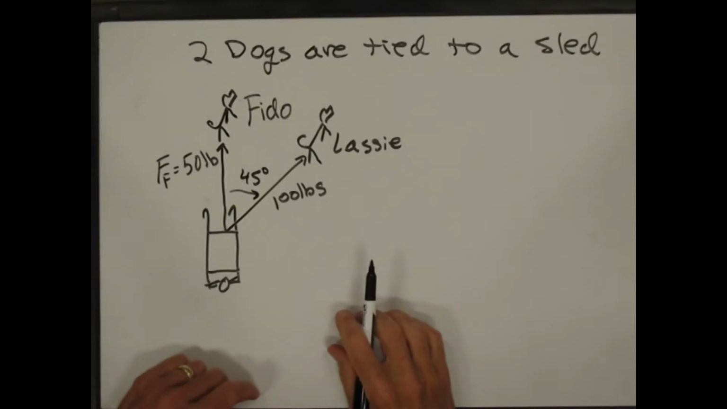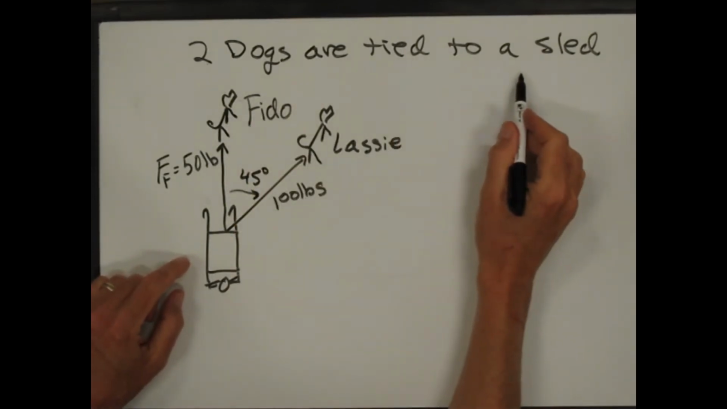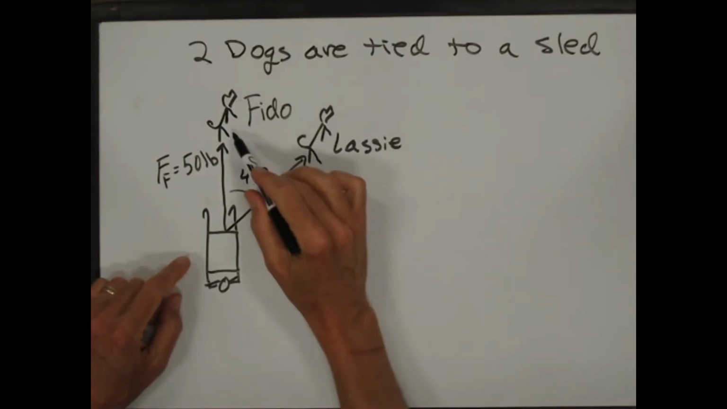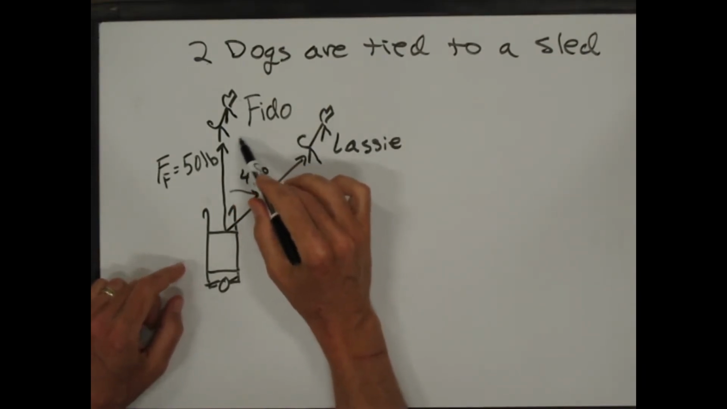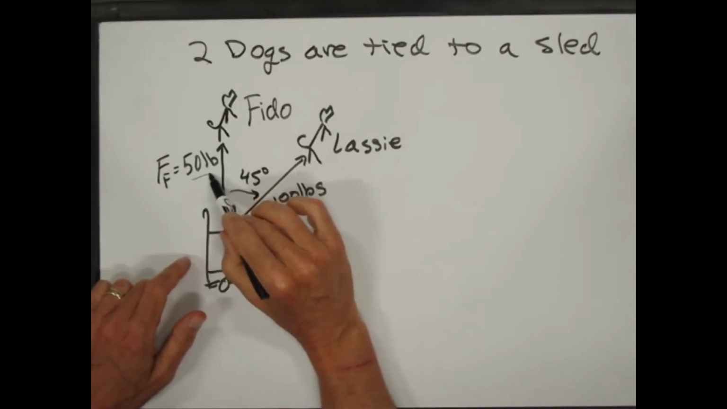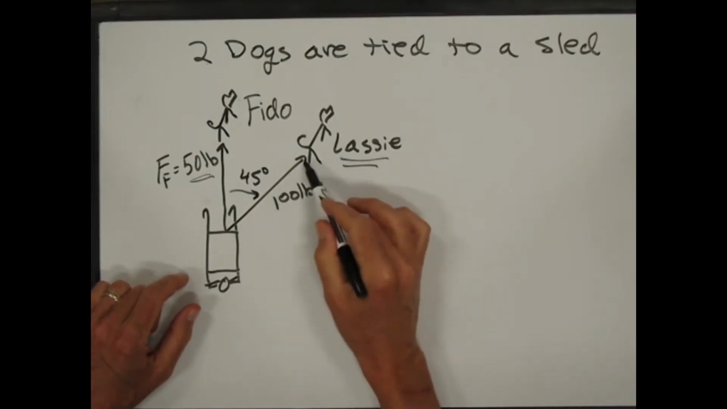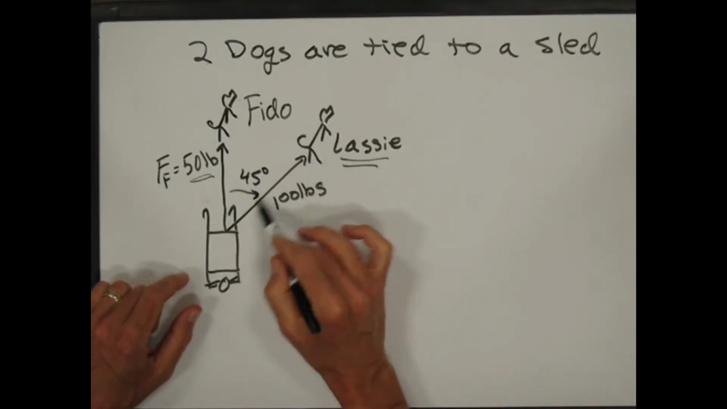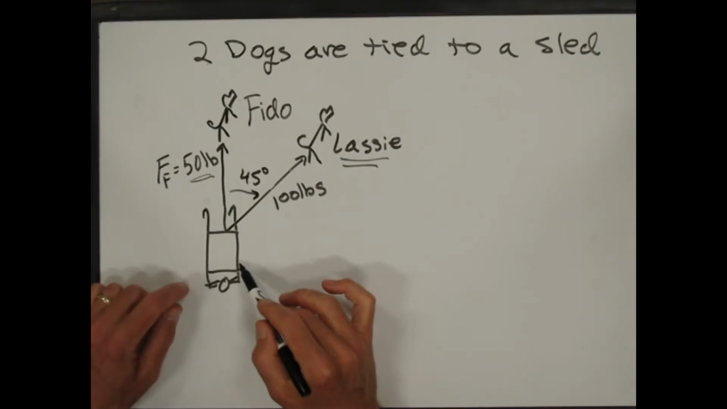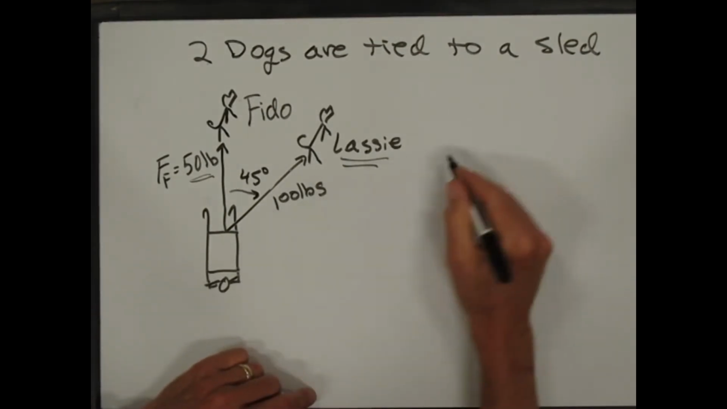So here's an example that you can work on. This is a sled. Two dogs are tied to a sled. Fido, okay, that's my picture of a dog, with apologies. Fido is pulling straight forward with a 50-pound force, right? Lassie is pulling with 100 pounds force, 45 degrees. This is the sled. Maybe that doesn't look like a sled, right? And so